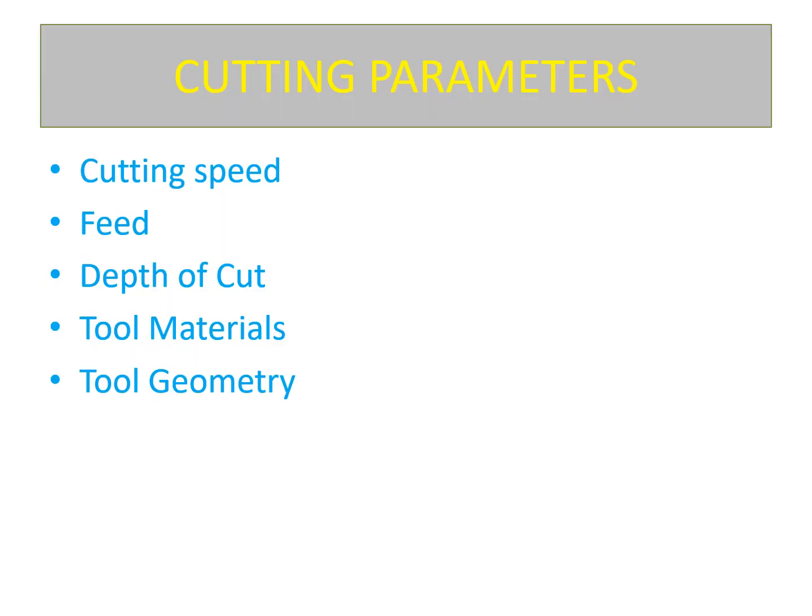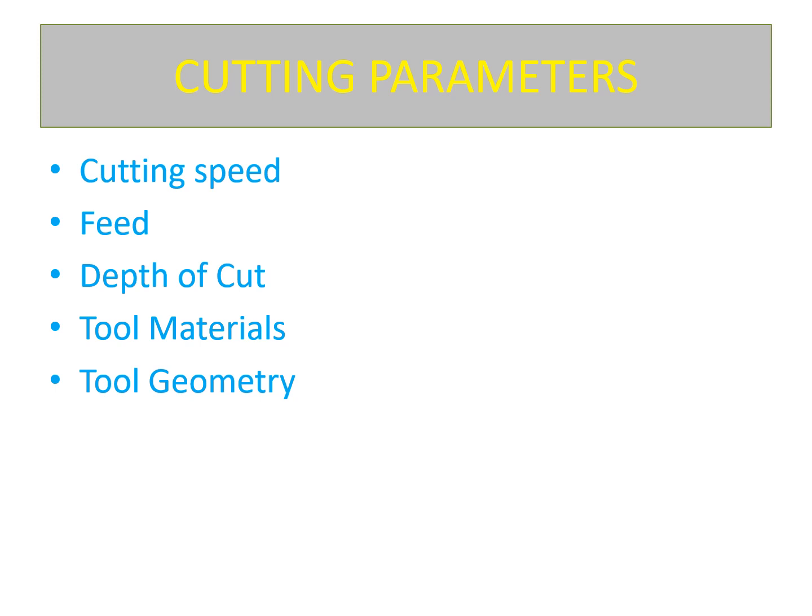The following cutting parameters are used in the terminology of the lathe machine. These are cutting speed, feed, depth of cut, tool materials and tool geometry. Being an engineer, you must be aware of these parameters, as they will govern your surface finish, material removal rate, and so production time. The life of the tool also depends on these parameters. So while operating a lathe, an engineer must have these parameters calculated before. Details and formulas for them are given in the coming slide.